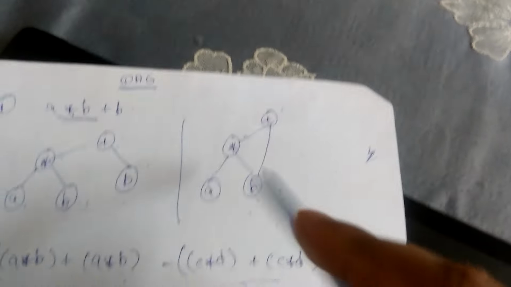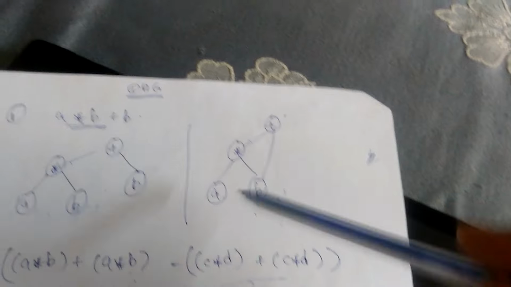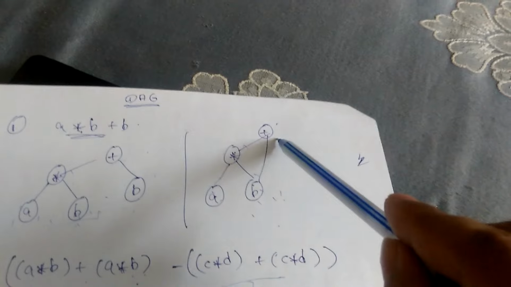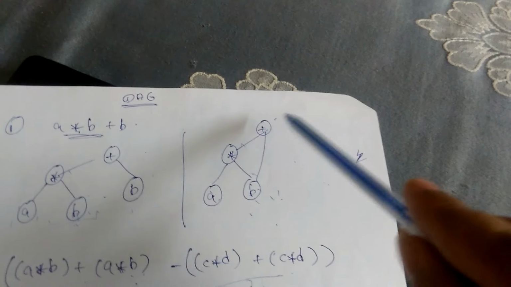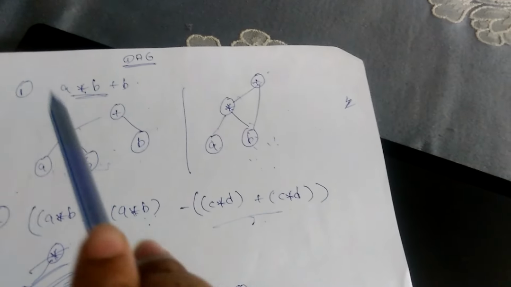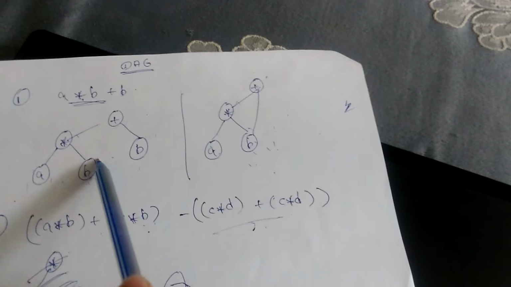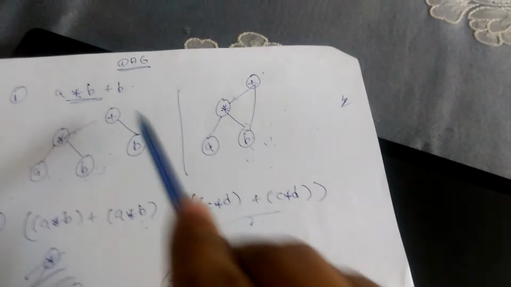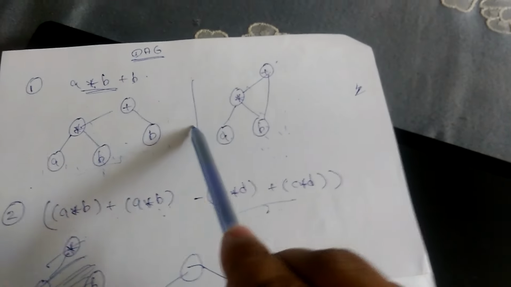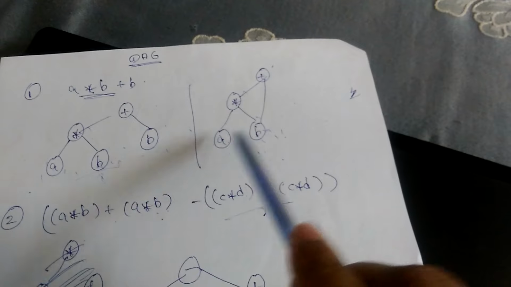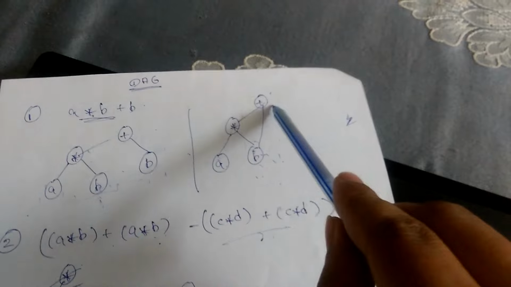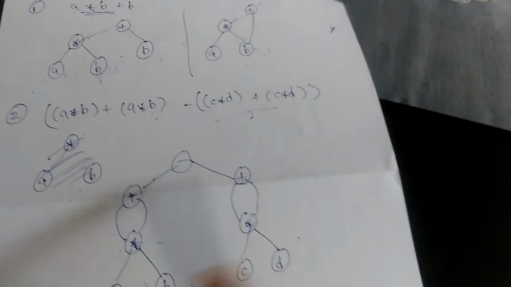So watch carefully. We have to construct a into b, and a into b will be constructed as it is. Now we have to add plus b. So we will construct plus, and instead of creating a new node, we will connect that plus to the same b which we have previously computed. This is the basic difference between the normal tree and the DAG. In the normal tree, we have created another b, instead of using the old b, we have created a new b. But in the DAG, if we already have b, we will not create it again. We will join this a into b plus b. Now just look at the second example.